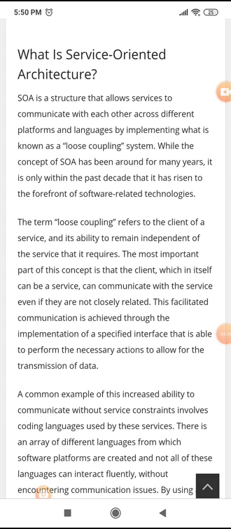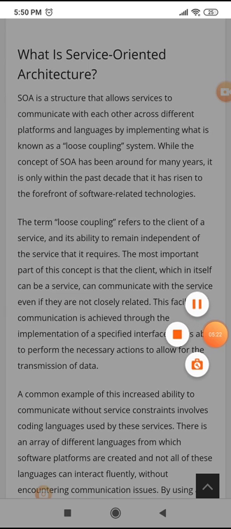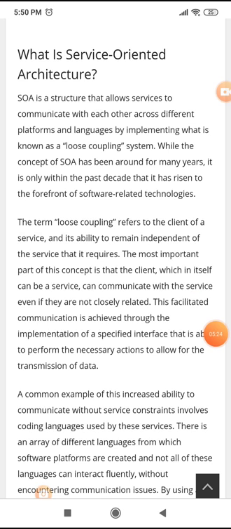Now the next architecture is service oriented architecture, SOA. SOA is a structure that allows services to communicate with each other across different platforms and languages by implementing what is known as a loosely coupled system. There are two terms we are using: loosely coupled system and tightly coupled system.